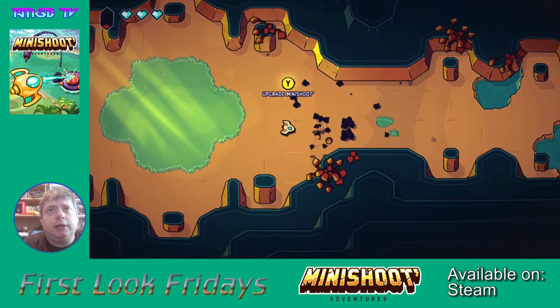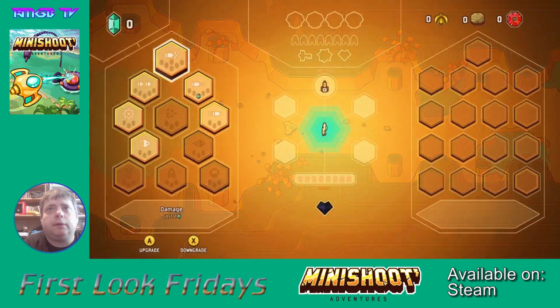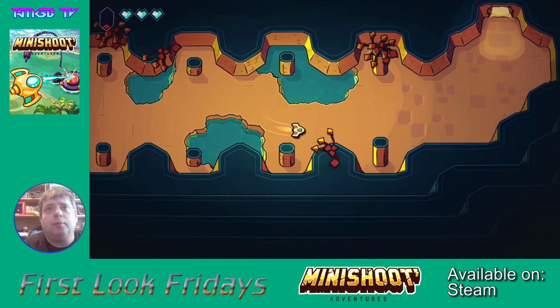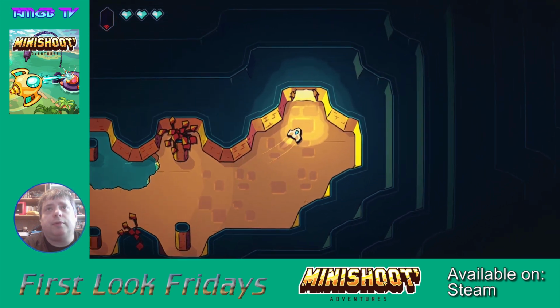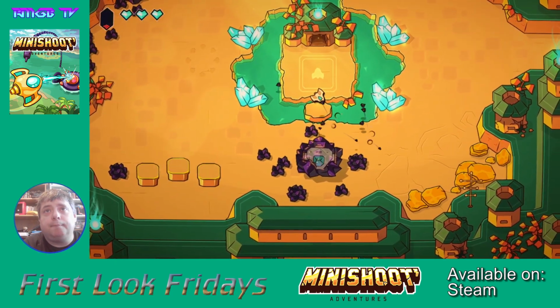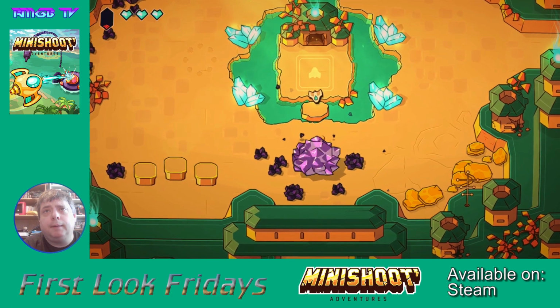And in the early going I found that shot length was a good one to go for, because your default shot is not very long at all, so that will allow you to reach further away enemies. And now